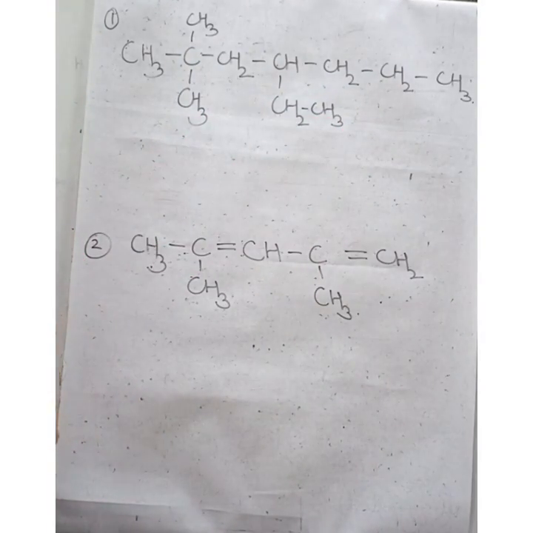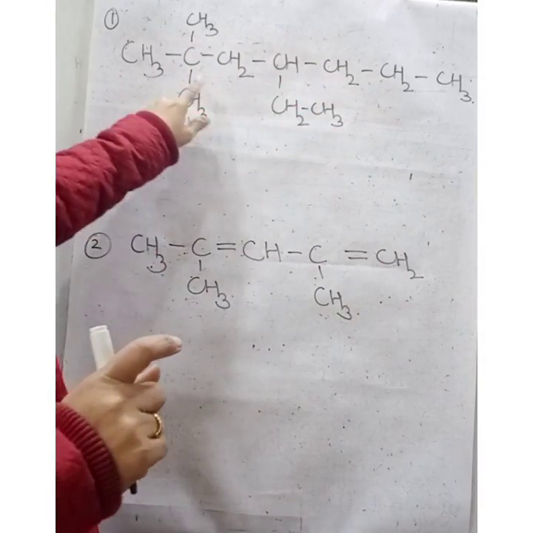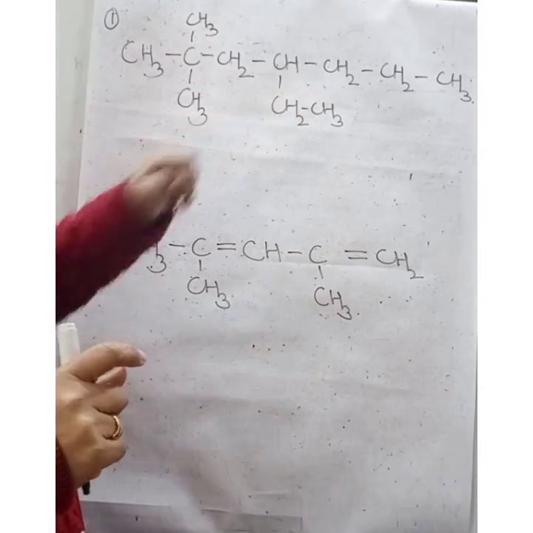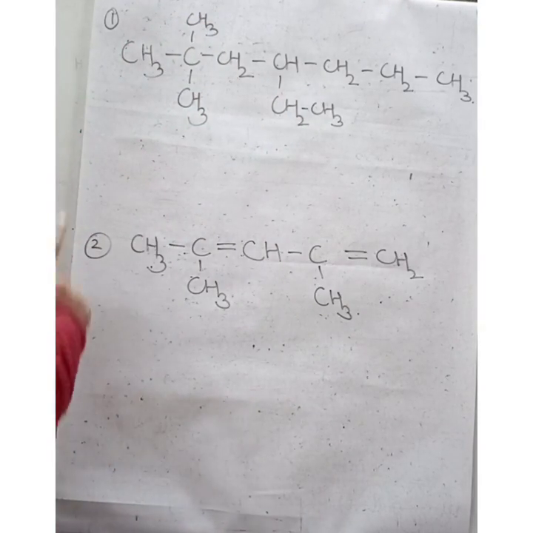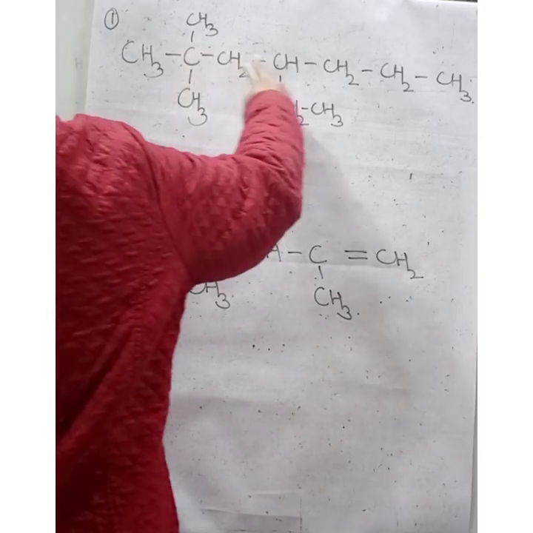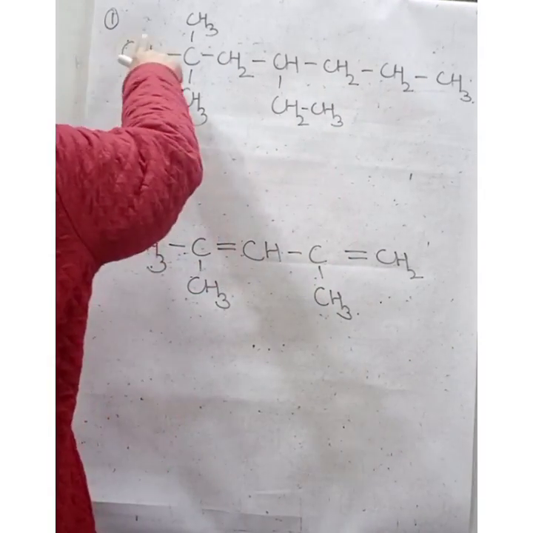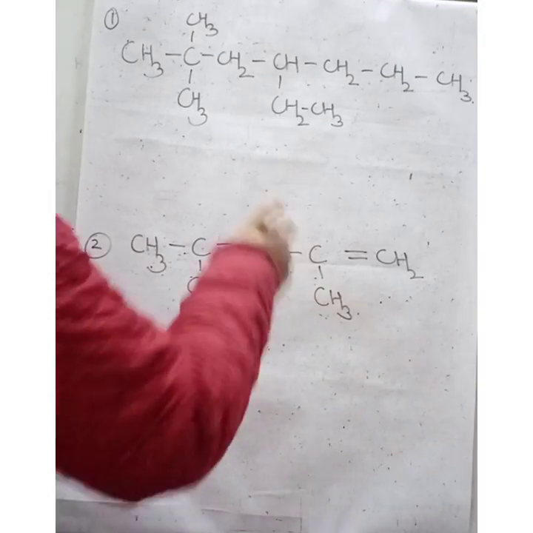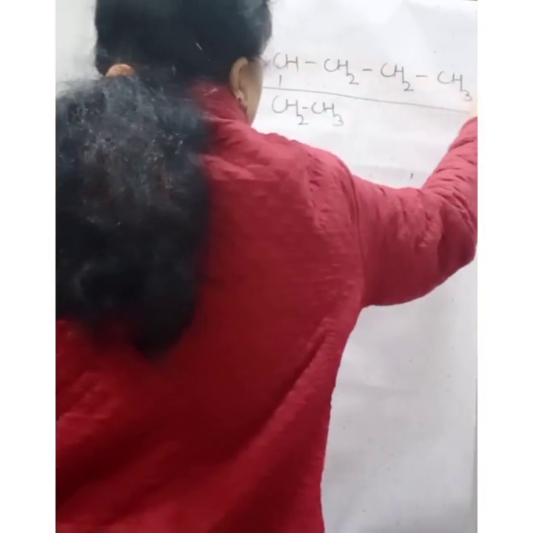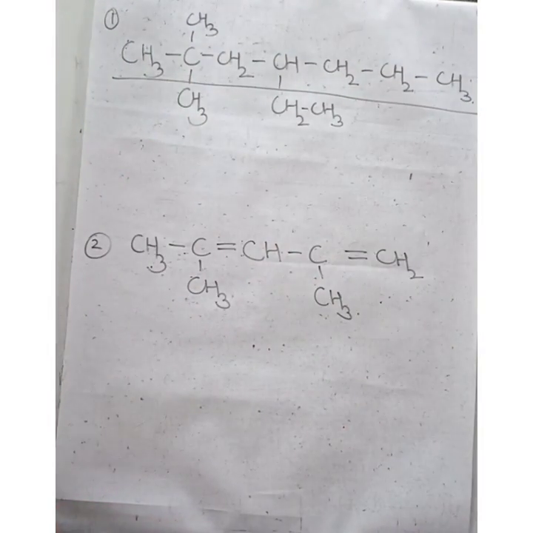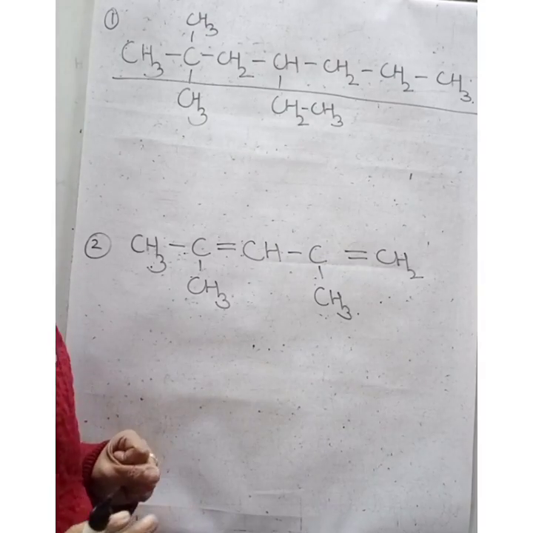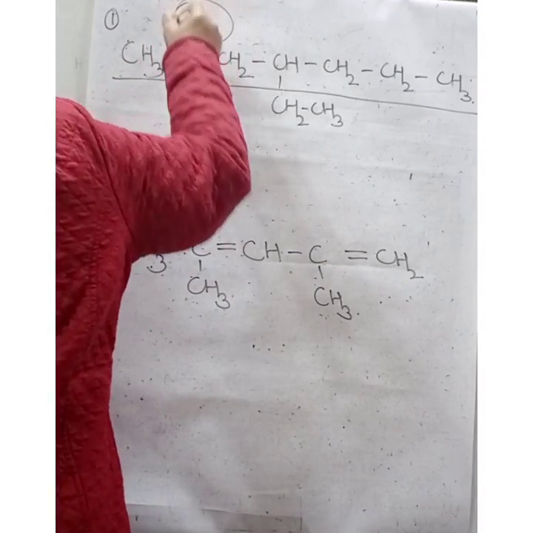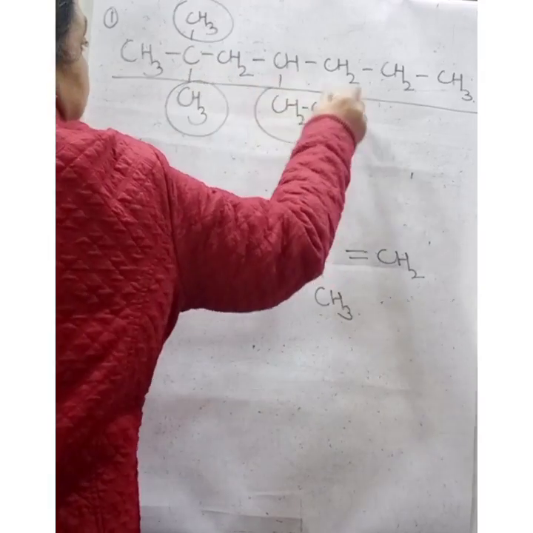Now let us see. The straight chain is having one substituent, two substituents and three substituent groups attached. If we select the L-shaped chain, then also we are having three substituent groups. That means you can select any chain. So we select the longest chain, so the straight chain as our longest chain. Now all this becomes the substituent groups.